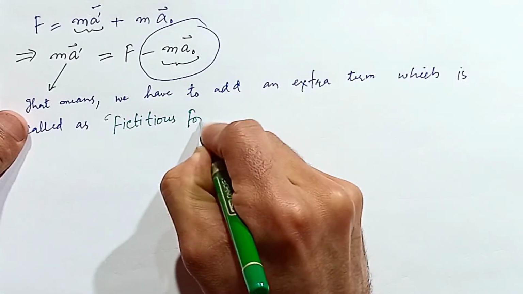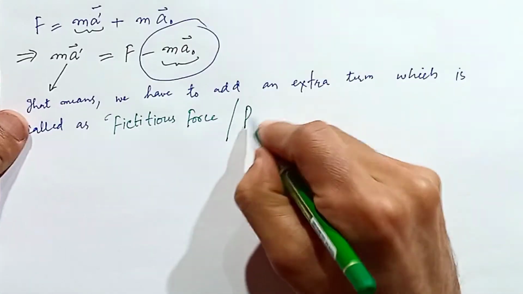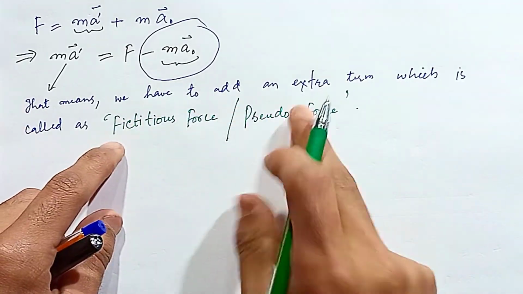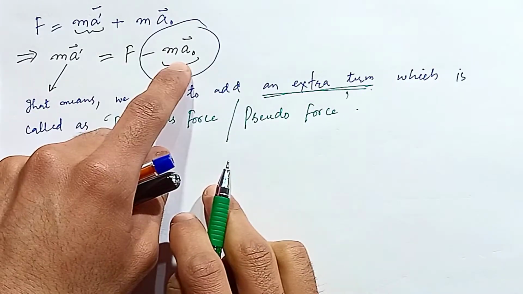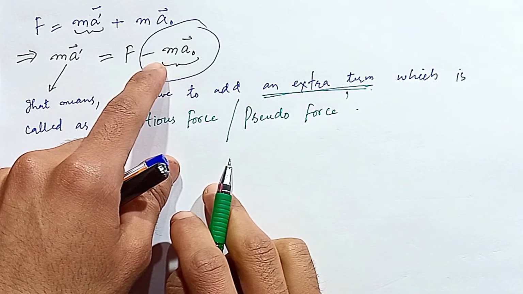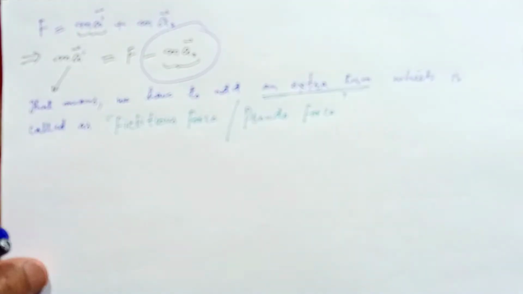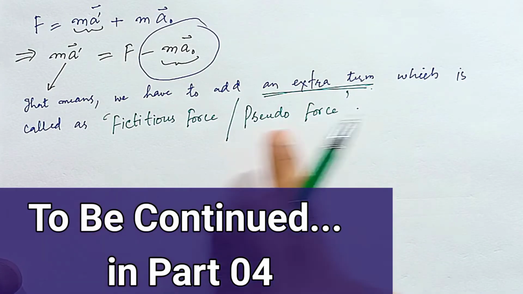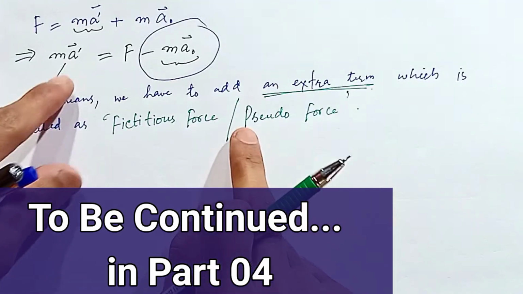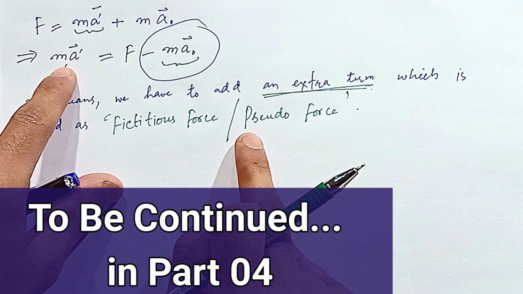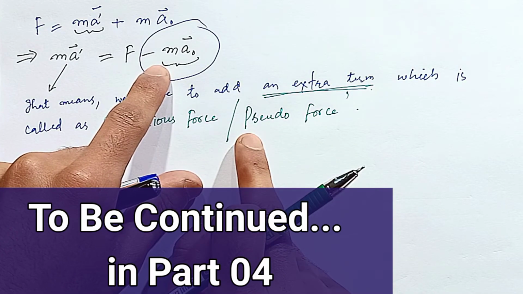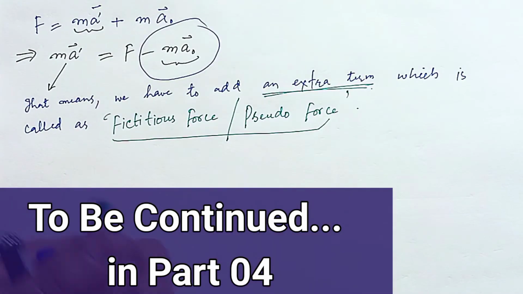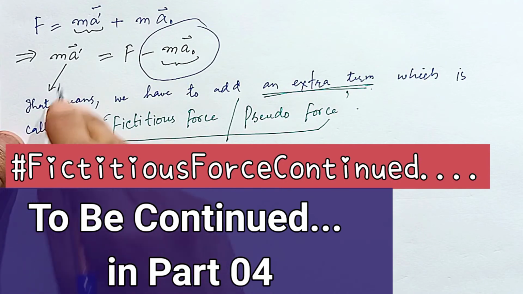Fictitious force, or it is also called the pseudo force. This extra term we need to add is minus m a naught. Minus in this case because it is opposite to the acceleration felt inside O. So for the second law to be applied onto this frame of reference S prime, we need to add an extra term minus m times a naught. This force is called the pseudo force. For example, take the case